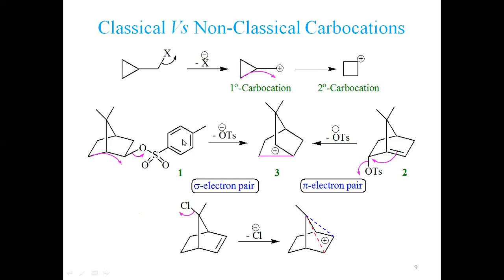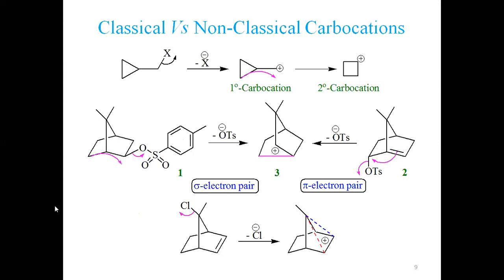Now look at the other substrate. This is the substrate that we call OTs. This oxygen is bonded to this whole group, which is called tosyl. You shall see in the next lecture, in the product section, why it is called tosyl. So this is a good leaving group. This electron pair transfers onto this oxygen, and as a result, a positive charge is generated at this position. This is a secondary carbocation, right?